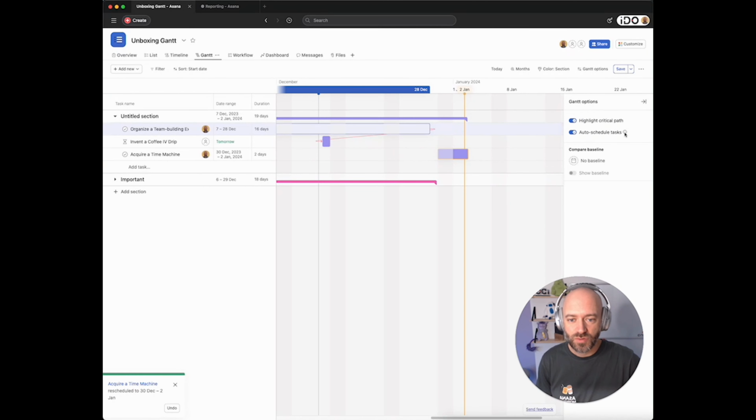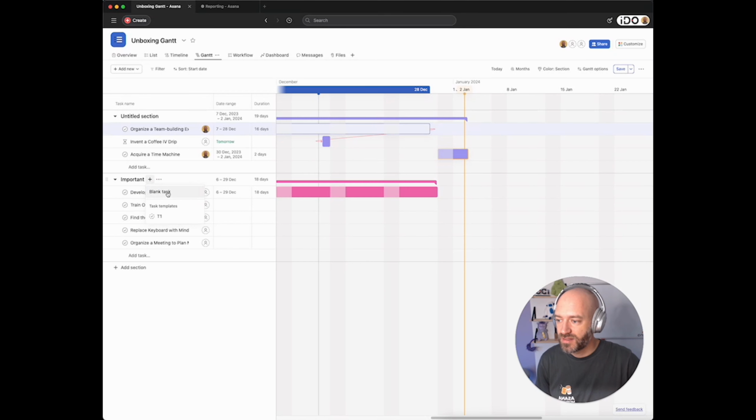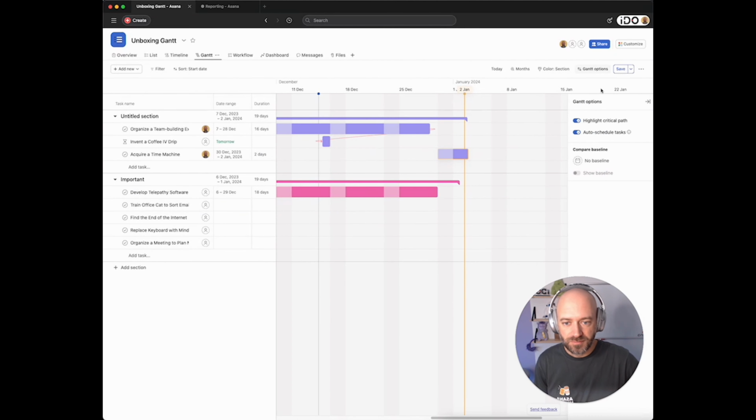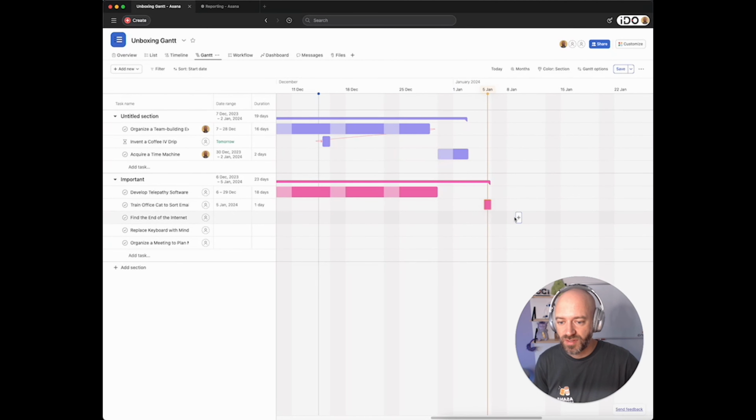What about auto schedule task? Automatically assign dates to new tasks. Oh, okay. So if I create a new task, I'm going to get dates. Okay, interesting. 1st of January next month. Okay, yeah, why not? I guess that's the only way to see something right away on the screen. Otherwise, it doesn't appear anywhere and you can't really expand the task. So that could be interesting. That allows you to create tasks in specific spots.